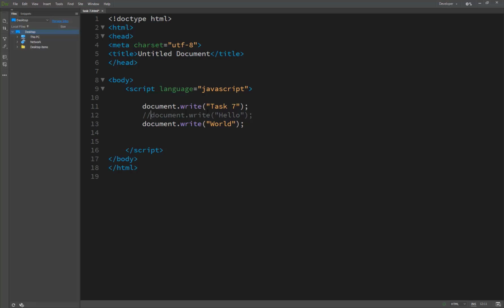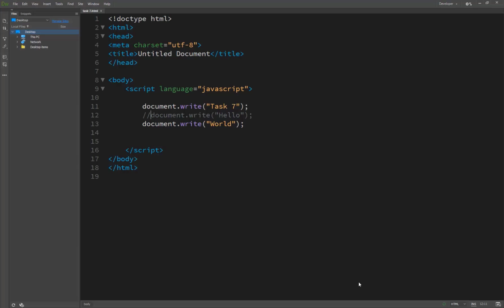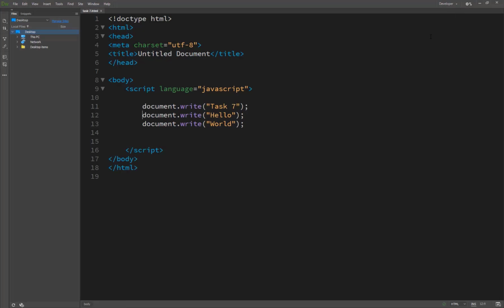Now we save this as lecture 7 and see task 7 and the world. Hello is not printing here, but hello is there because we temporarily removed this command, and now we are checking and hello is there. So this is the technique for temporarily removing a command from the script.